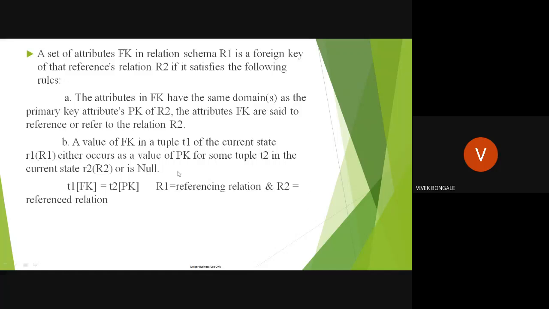But the second one: whatever values we give to the primary key, the same values you have to give in the foreign key. Otherwise, we're going to hit the same referential constraint. So T1 of FK is equal to T2 of PK. R1 is the referencing relation and R2 is the referenced relation. The referencing relation has the foreign key and the referenced relation has the primary key value. So this is regarding the